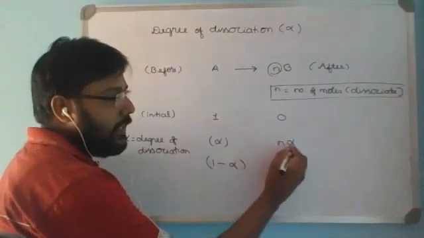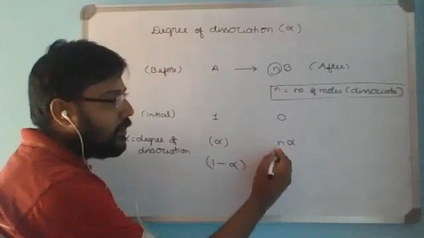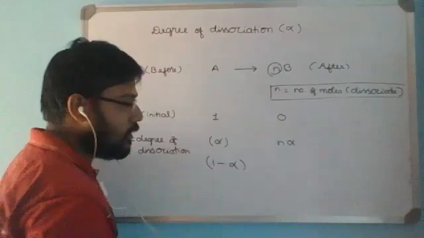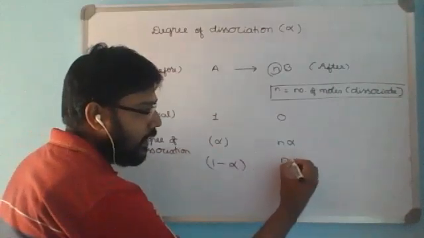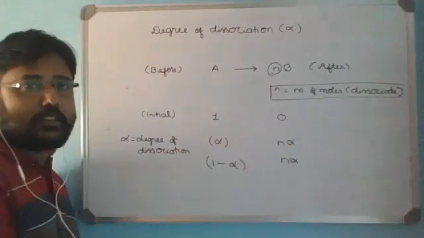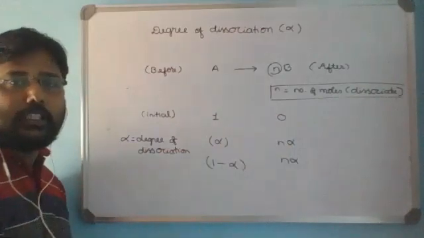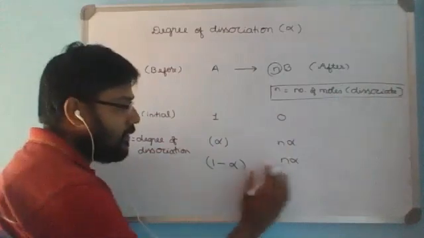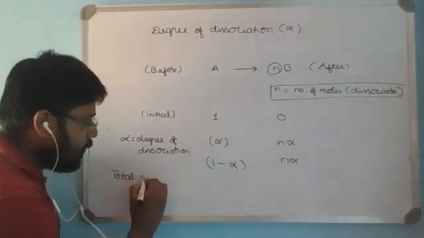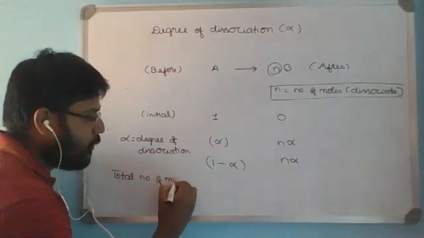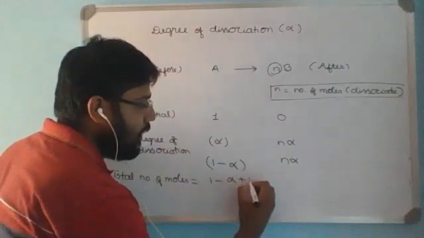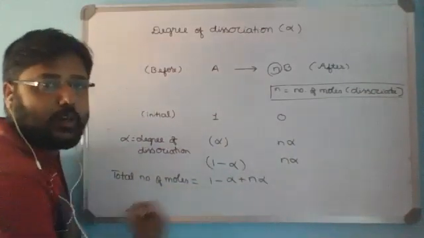Then n alpha indicates the number of moles of dissociated ions from the solute. So we'll take that as n alpha. Initially it is 0, but after whatever is formed, it is plus, that is, the products are going to increase. Now under this condition, we'll relate the total number of moles. The total number of moles will be 1 minus alpha plus n alpha, all available.